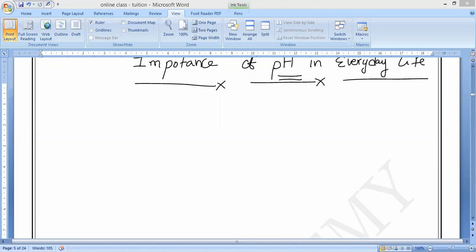So we'll observe the growth of plants and survival of animals also depend on the proper maintenance of pH of atmosphere. Many animals like insects and some plants make use of acidic and basic liquids for self-defense purposes. Suppose you take honey bees or another kind of bees, they will use some kind of acid for self-defense. Is it yes or no? Yes, sir. Some animals and some plants use this kind of acids and bases for self-defense.